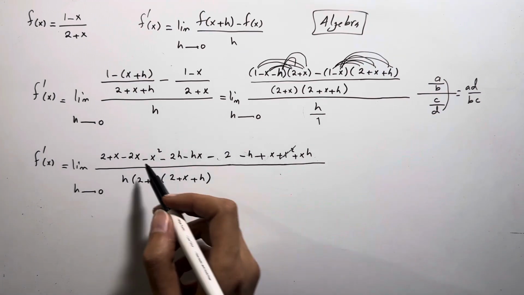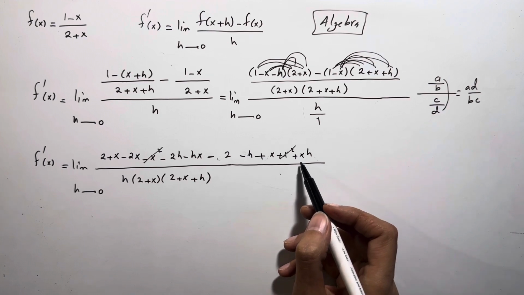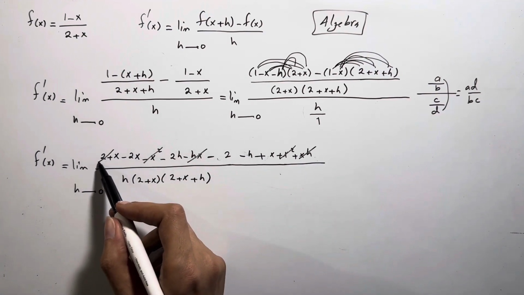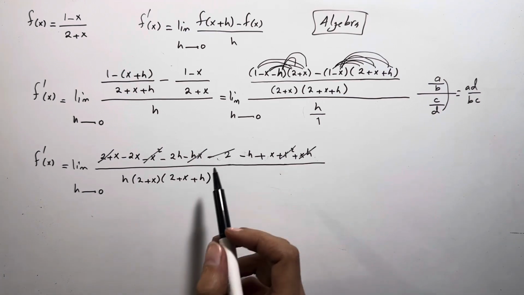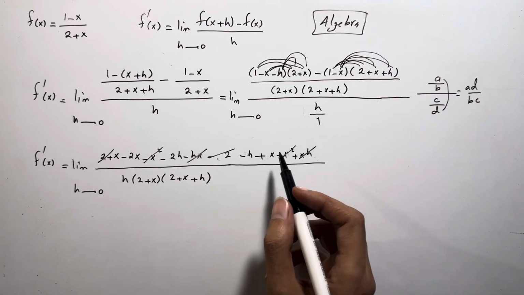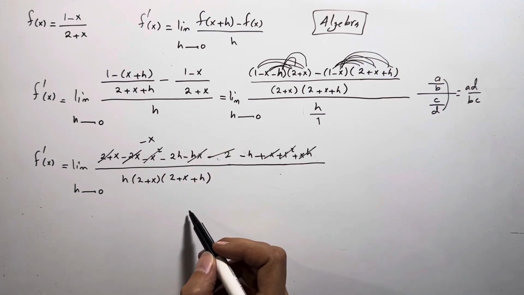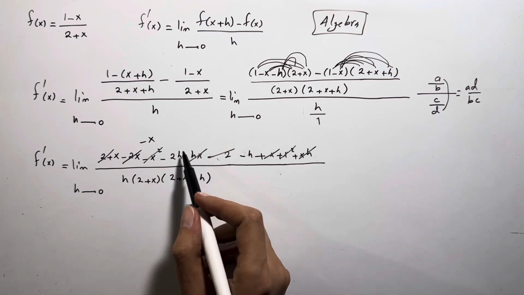Here you have x squared minus x squared. Here you have hx, negative hx. You have a 2, you have negative 2. Then you have x, negative 2x, so it becomes minus x. So far we have minus x, and here you have negative 3h